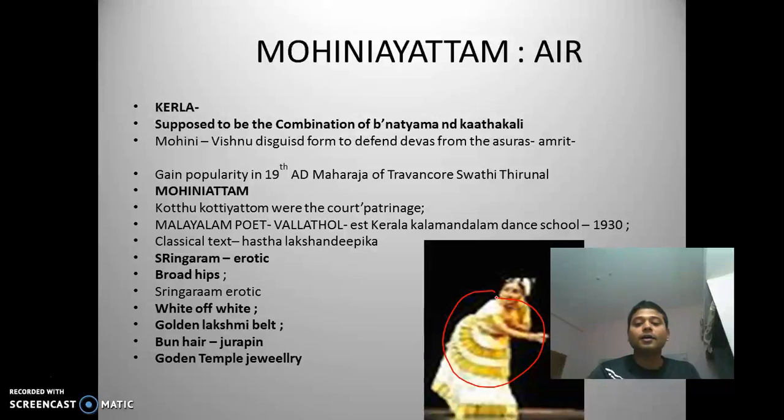As you can see from this image, the woman who is dancing has one white type of cloth and somewhat off-white, and it includes this golden Lakshmi belt, this golden embroidered fall type of thing, which is increasing the ornate ornament of this dance costume. Now, if you see the jewelries, these are also golden temple jewelries, and the hair is in the form of a bun, which is a usual practice in Kerala.